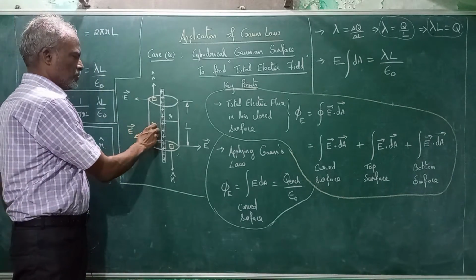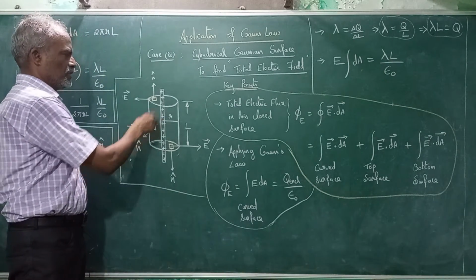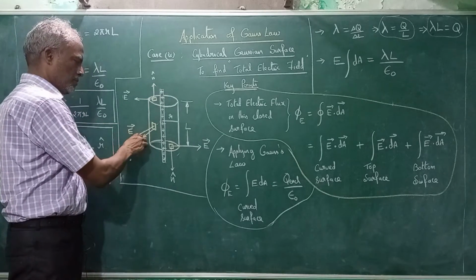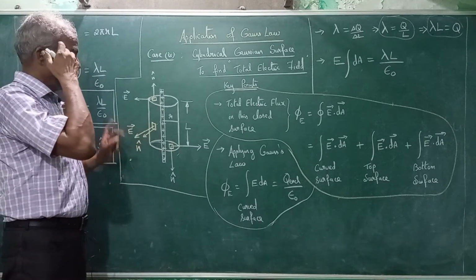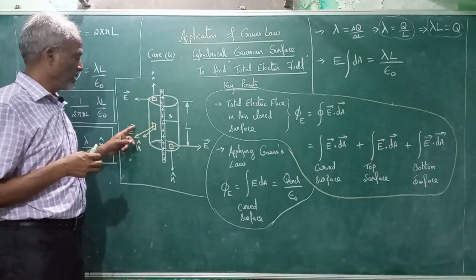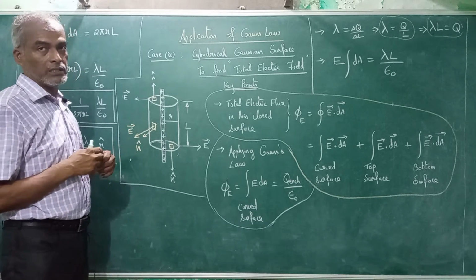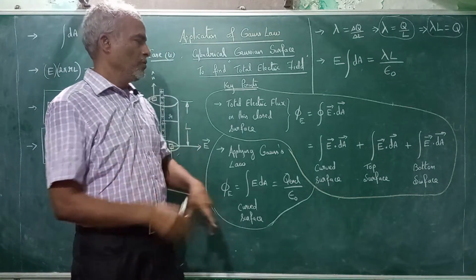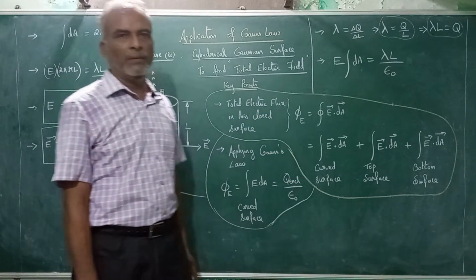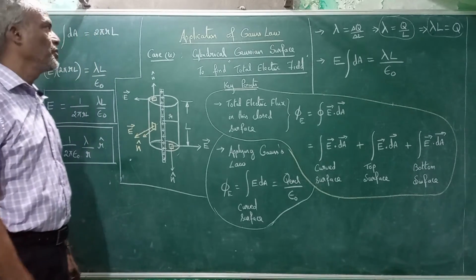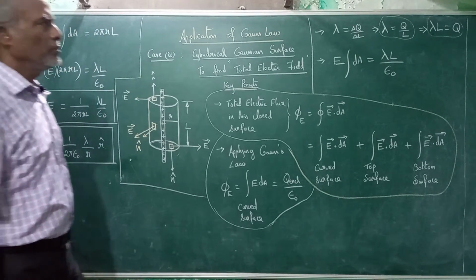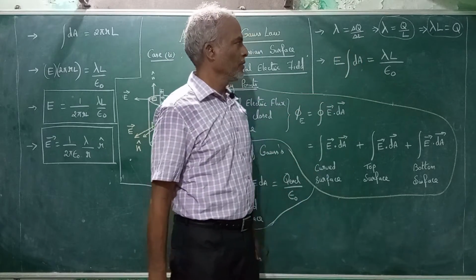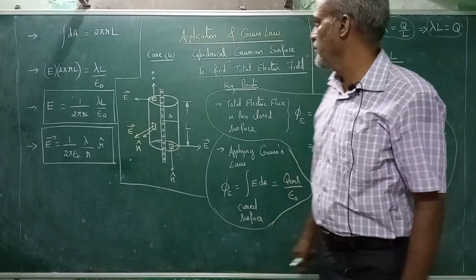So you are considering a small area, and the electric field lines come out of this uniformly charged wire. The normal for this area vector will be along the same direction as the E vector. That means the angle between the E vector and the N vector is 0. You all know that cos 0 is 1. That means for the first case, we have only the magnitude of E into the magnitude of A. So E vector integral dA. Okay, now we know that already.